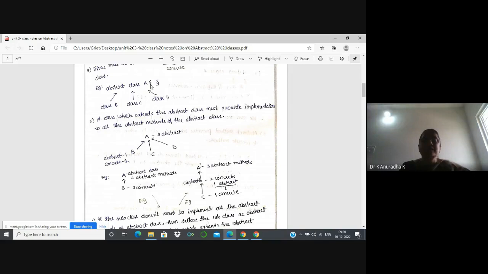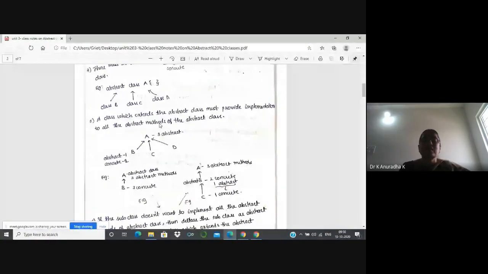Suppose in the abstract class you have two abstract methods, then what is the role of class B which extends it? It has to provide the implementation to the two abstract methods of this abstract class. That's why: all the abstract methods of that abstract class.